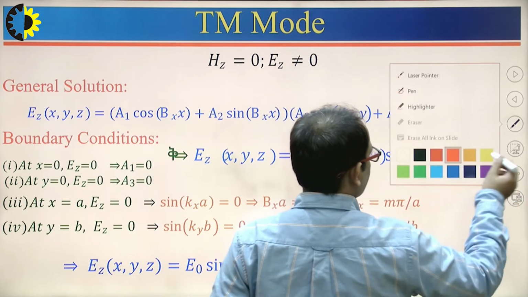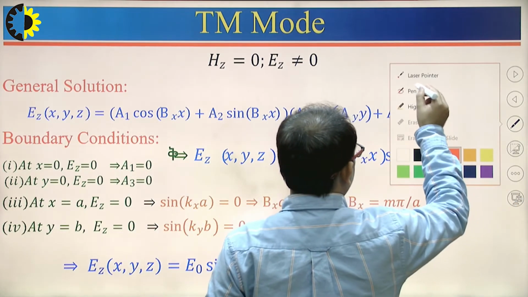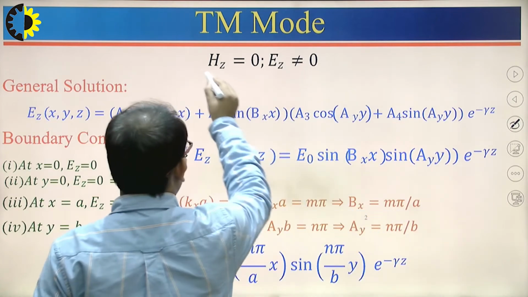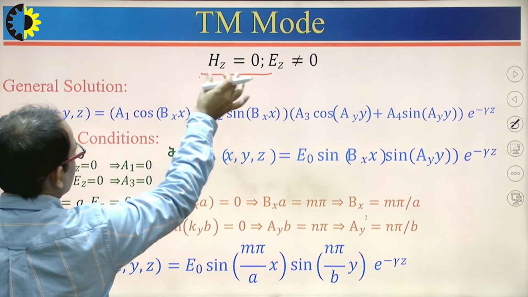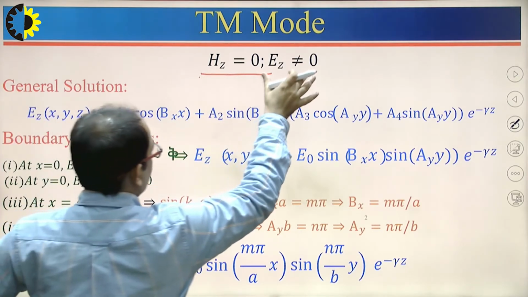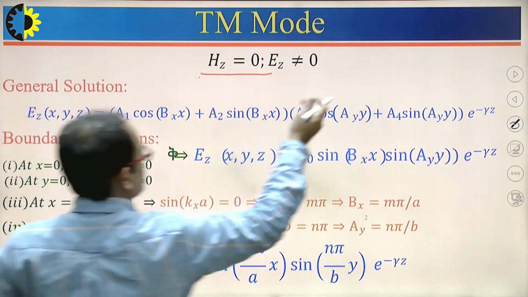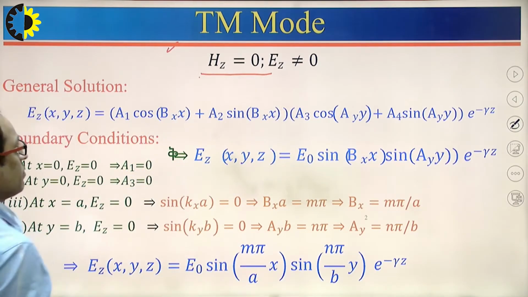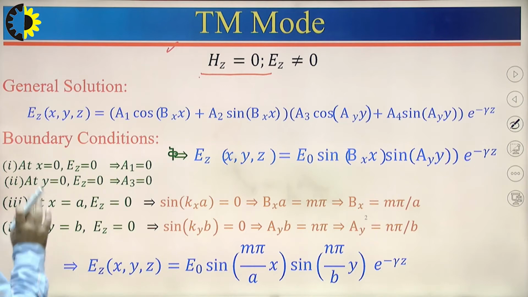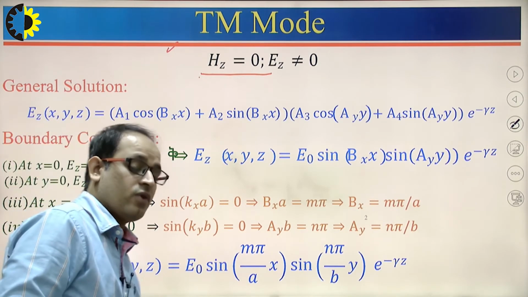So in the last lecture we discussed that in the TM mode, the magnetic field in the z direction is equal to 0 and the electric field in the z direction is not equal to 0. That's why it is known as the TM mode. So in the last lecture we derived the